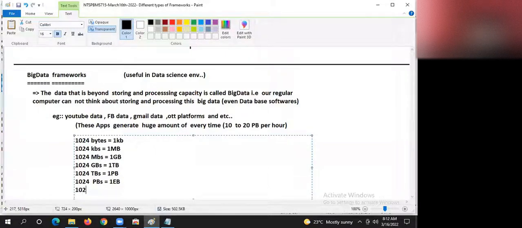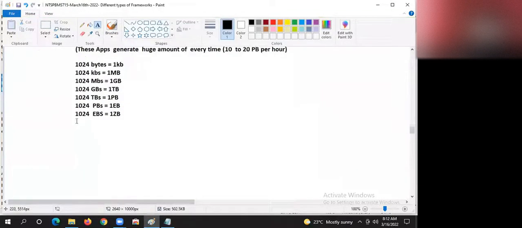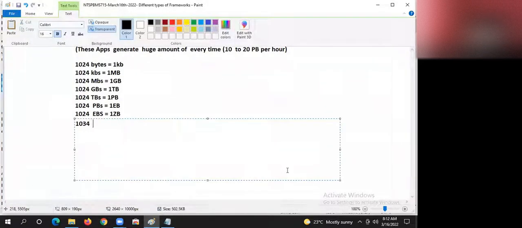Next, 1024 EBs is a zettabyte, if I am not wrong. 1 ZB. 1024 ZBs is equal to 1 yottabyte. Yottabyte. YB. Yeah, it is 1024 only.